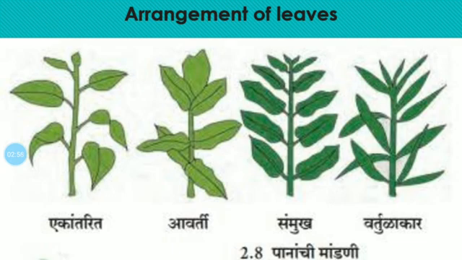picture on the screen. According to the shape, leaves are rounded, palmate, lanceolate, linear, etc. So on the basis of their shape or arrangement of the leaves on the plant, we can classify the plant. Okay, next